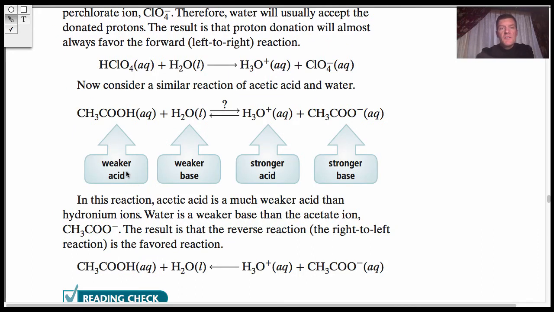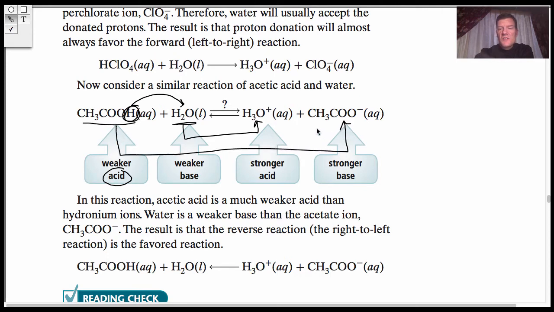Here, in this case we have an acid, and it's going to donate its H. The H this time is written in the back, but this H is going to go to the water. That water is going to turn into the hydronium. And this acid is going to turn into this ion right here, okay? The acetate ion, it's called. So the compound on the left side here is your acid because it's donating the H